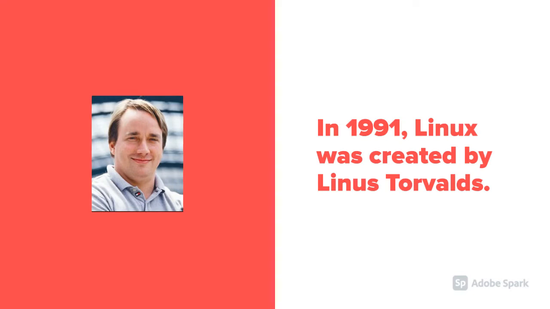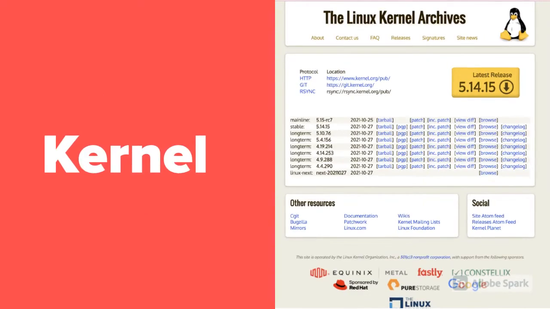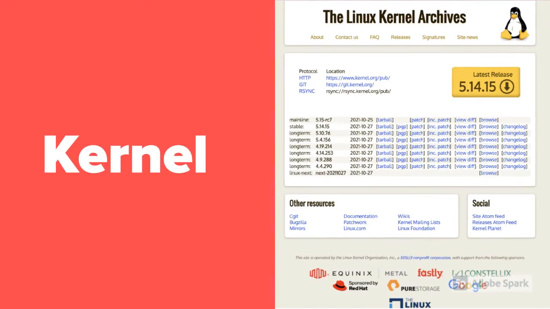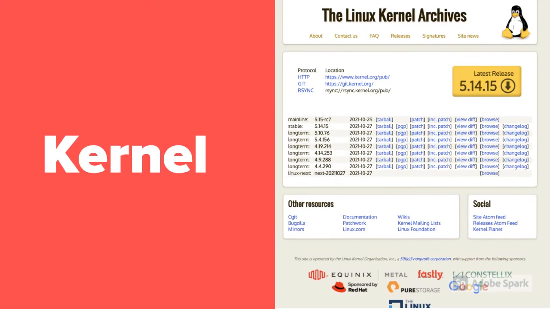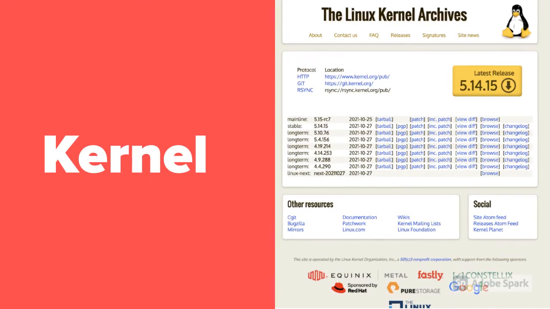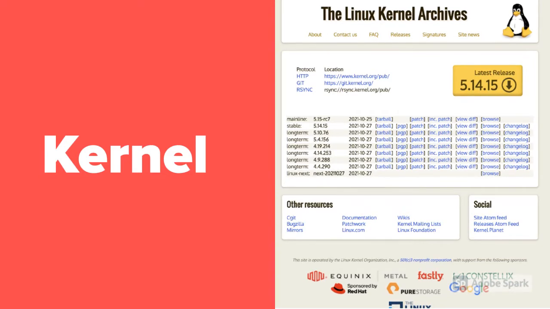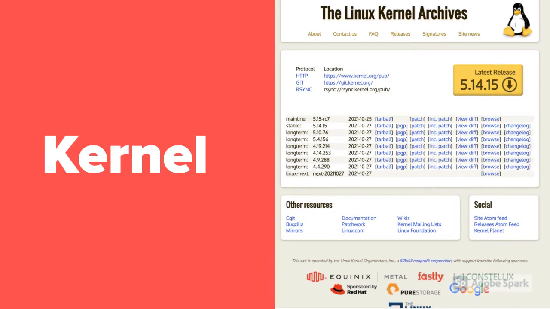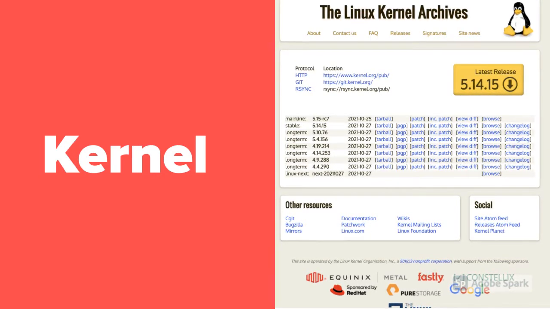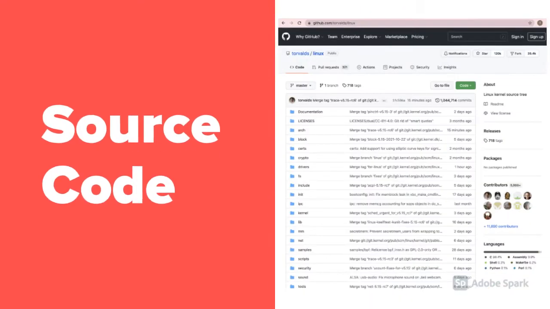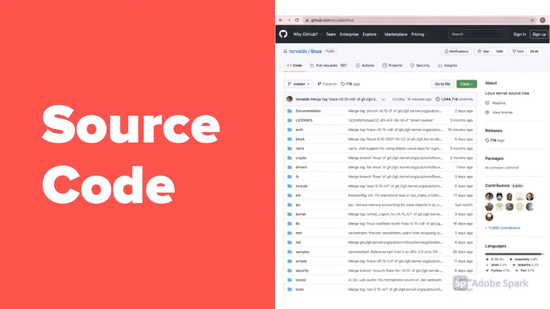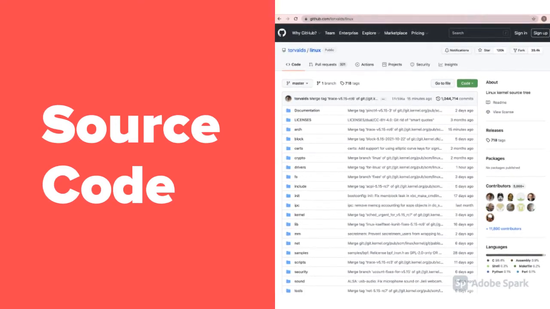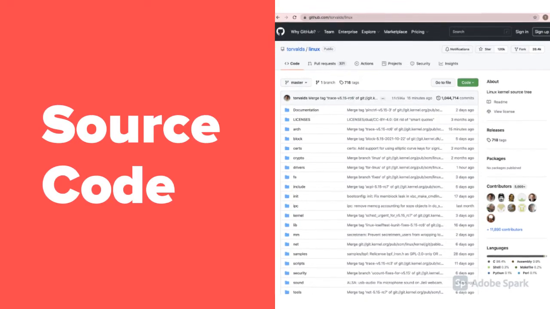Linux was intended to be open source and Unix-like. Linux by itself is just a kernel, which is a core part of an operating system. The kernel source code is at kernel.org. I will share this link in the video description. But as you can see, the previous versions of the kernel are ready for public download on the website. The kernel source code is also on GitHub. It's so interesting to see Linus Torvalds just make a commit to the repository 15 minutes ago.